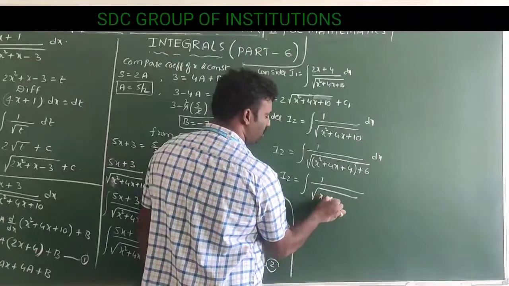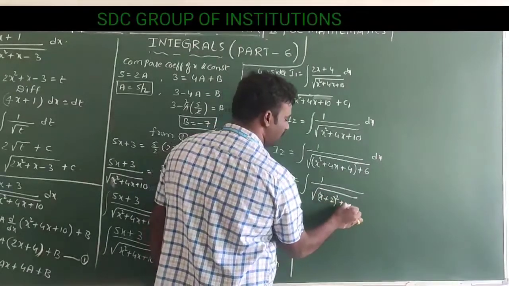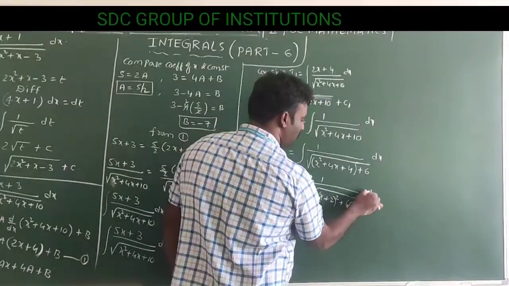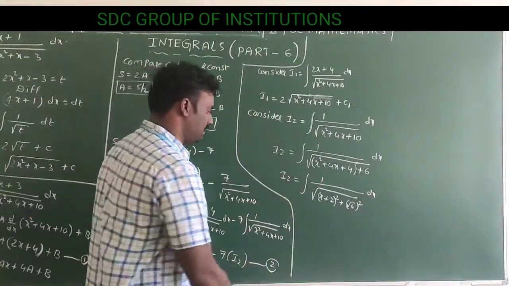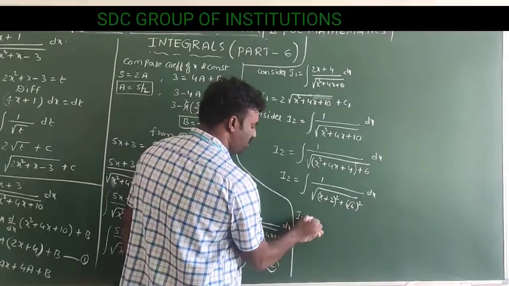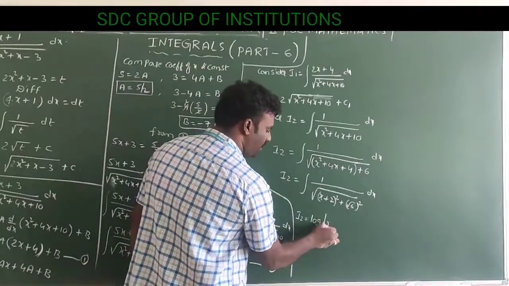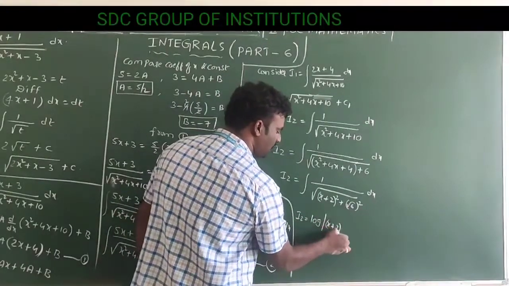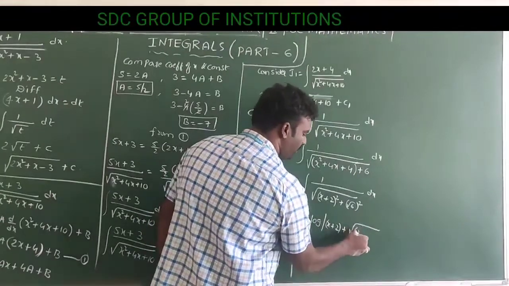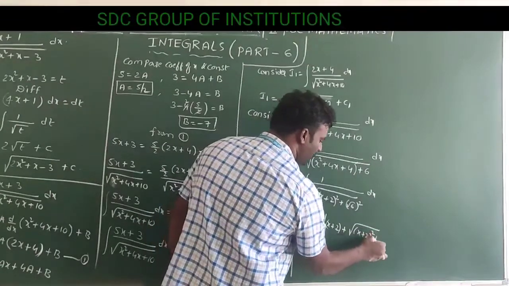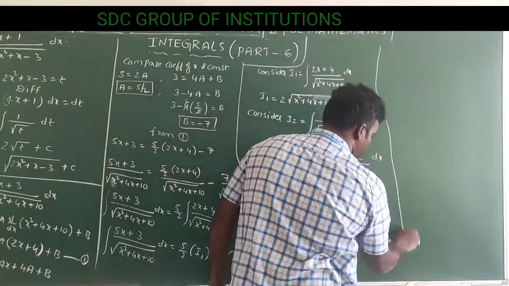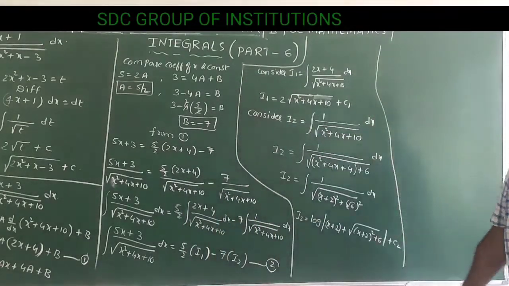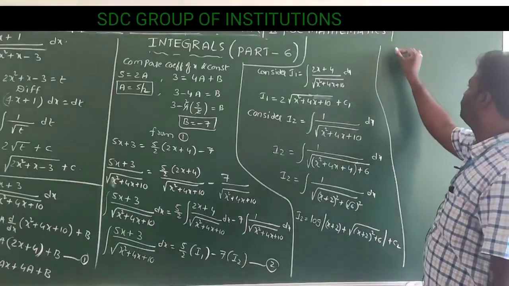x plus 2 whole square plus 6 can be written as root 6 whole square. Now it is in the form of 1 by under root of x square plus a square. Then I2 is equal to log mod x plus under root of x square plus a square plus c2. So finally we got I1 and I2. Substitute this I1, I2